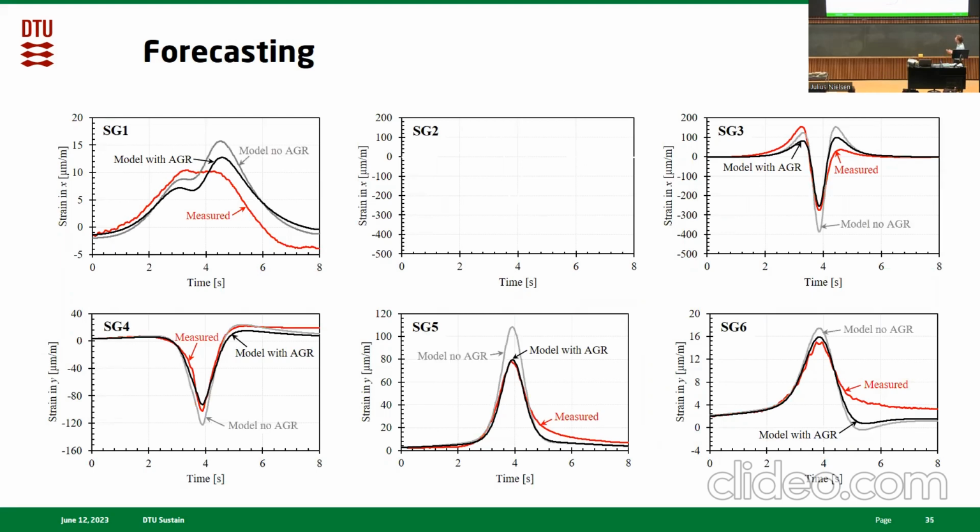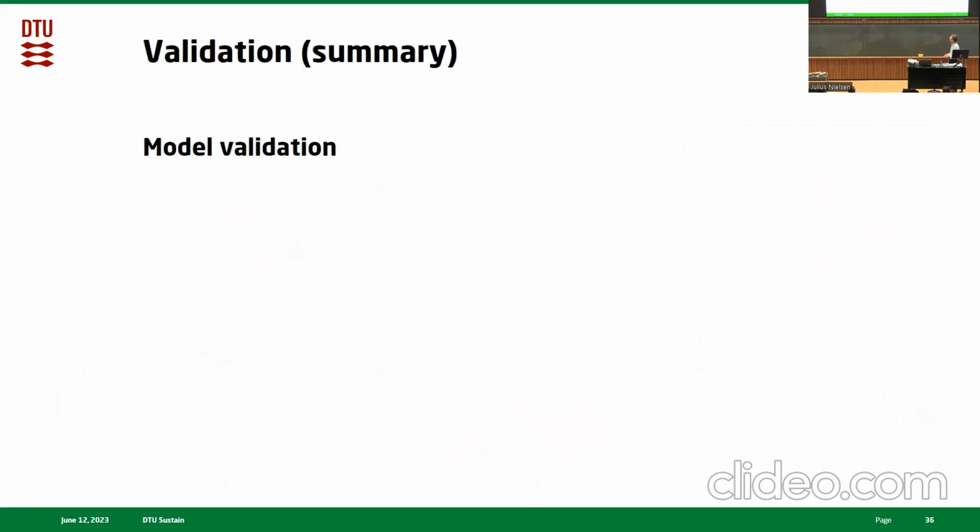And if we again remove the grid, we can see in all cases the match between measurements and model becomes worse. So it's a clear indication that the fact that we included the grid in the modeling formulation meant that we were able to obtain a better match. So to summarize the validation effort,